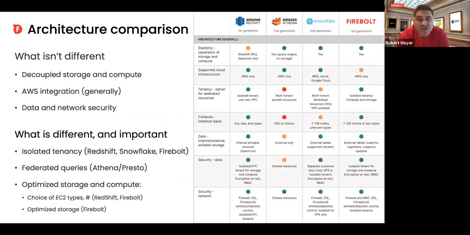The other thing is the type of engine you need. And there are two types of, I wouldn't call them quite religions, but there are two types of beliefs. Can you have a federated query engine across multiple lakes or sources? Or do you need the engine to use its own optimized but separated store?